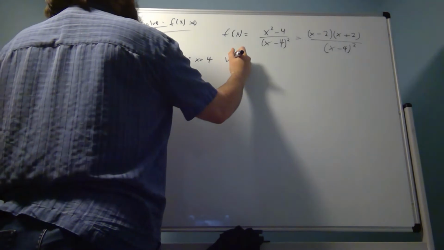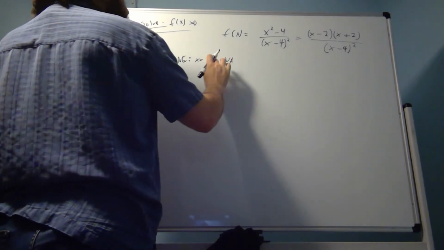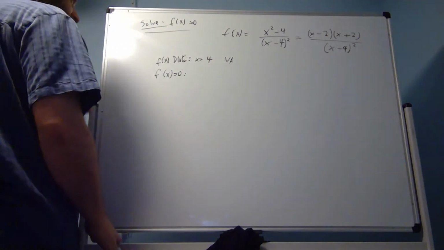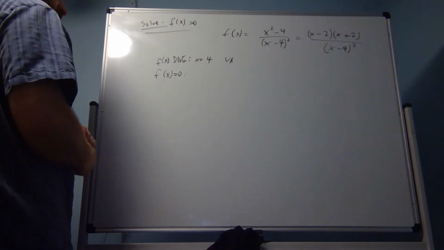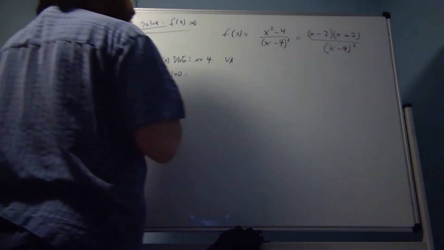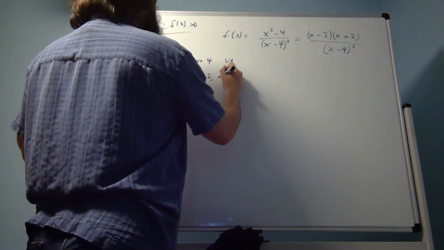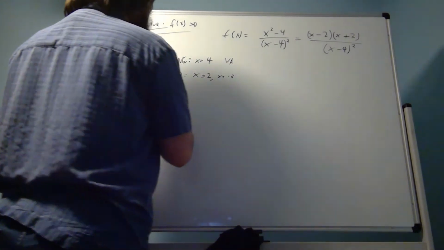So vertical asymptote, because the numerator does not have enough zeros to cancel the zeros of the denominator. All right, so where are the zeros then? x equals 2, x equals negative 2. So we've got